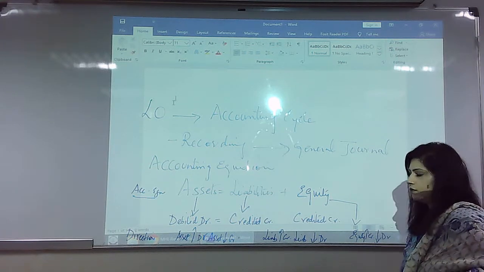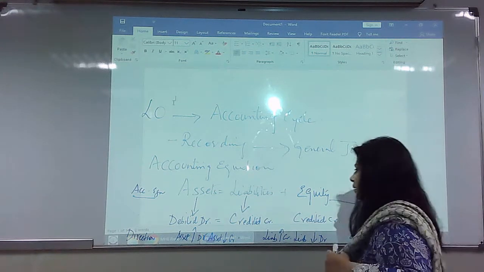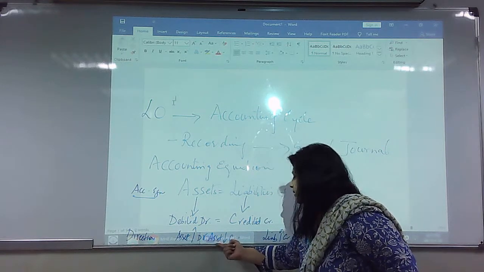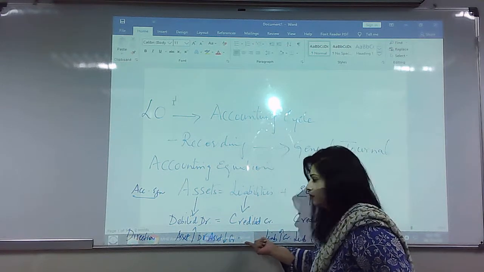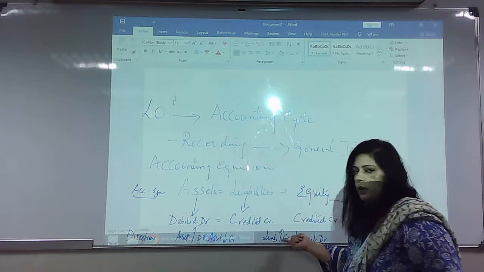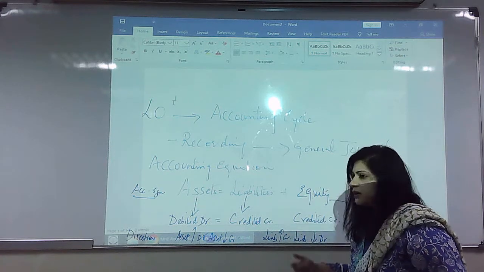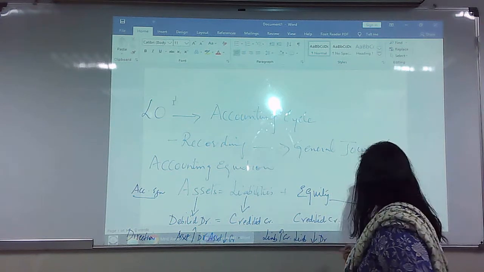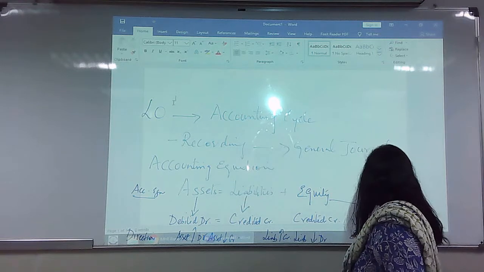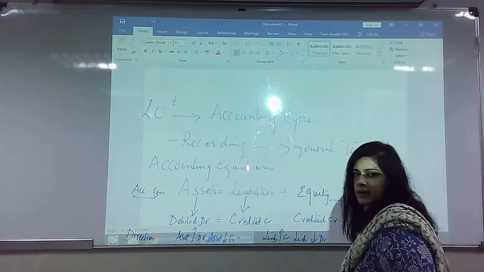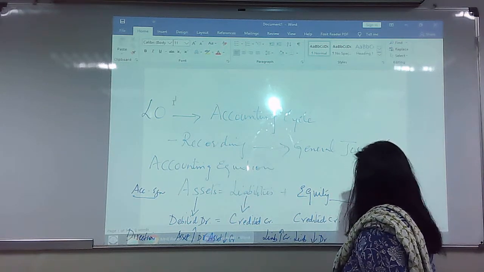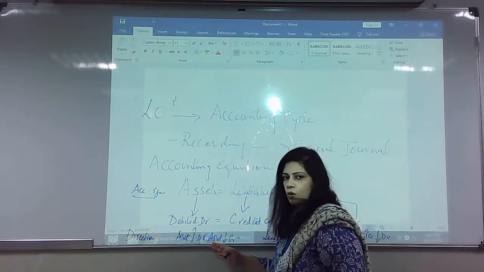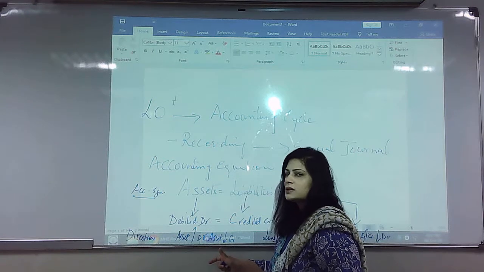Okay. All right, let me just recap. When assets increase, you debit them. When assets decrease, you credit them. Similarly, we have liabilities. When they increase, that's the normal direction, you credit them. But when liabilities decrease, you debit them. Similarly, equity, when it increases, it is credited, but when it decreases, it is debited. So that means when you are going in the reverse flow, then you will change the signs.